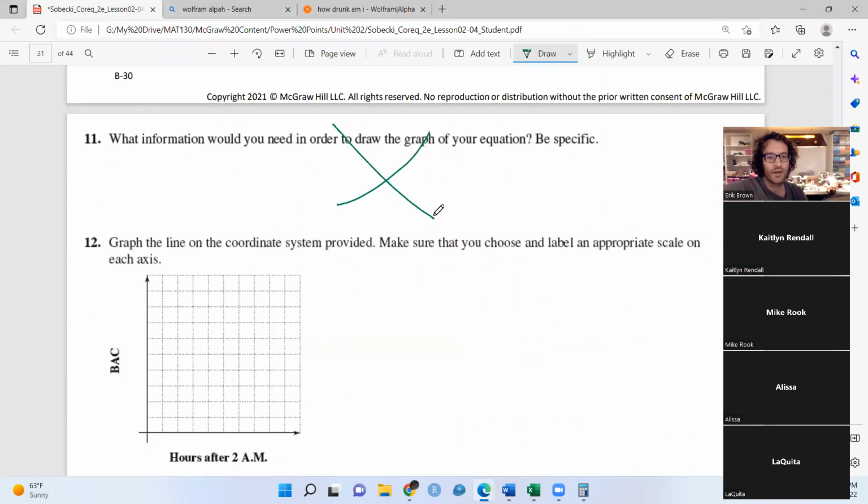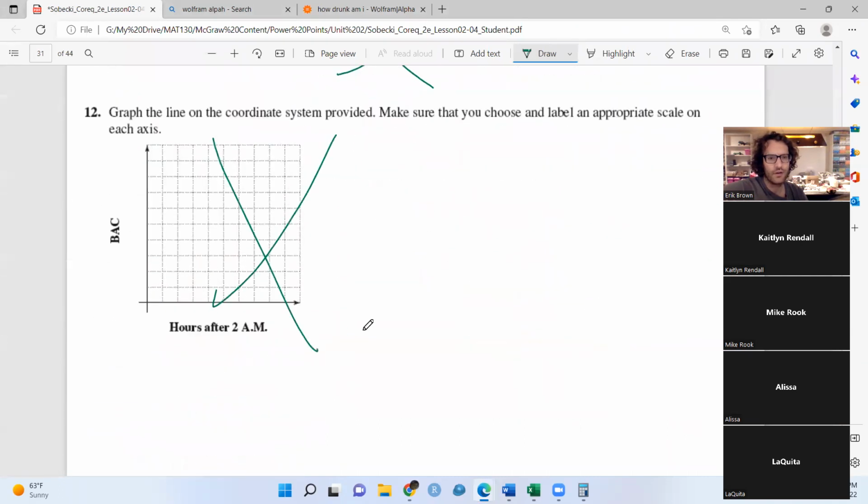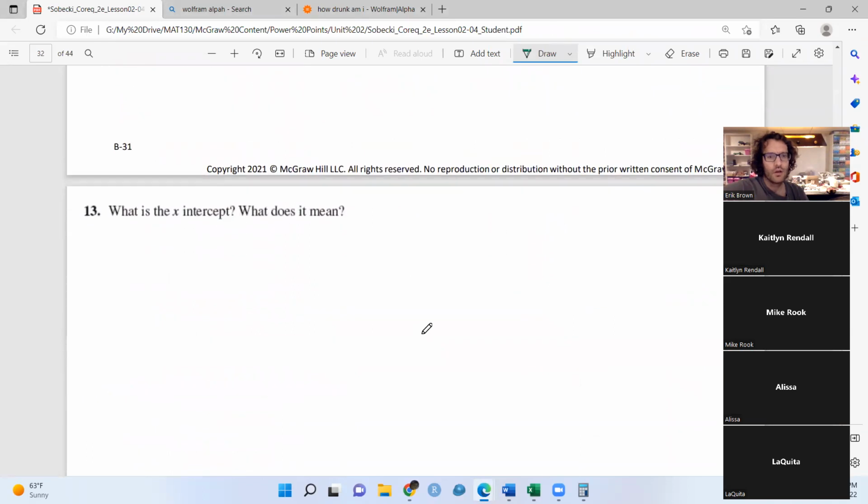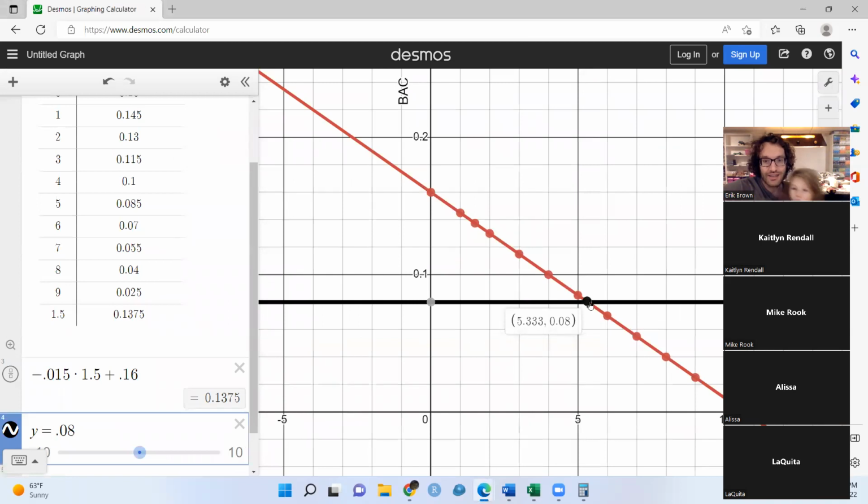What do we need to draw the graph? The equation, that's all we need. We've already graphed it. It's been graphed for hours. Ooh, what is the x-intercept? Okay, so that's a great question. I clicked it